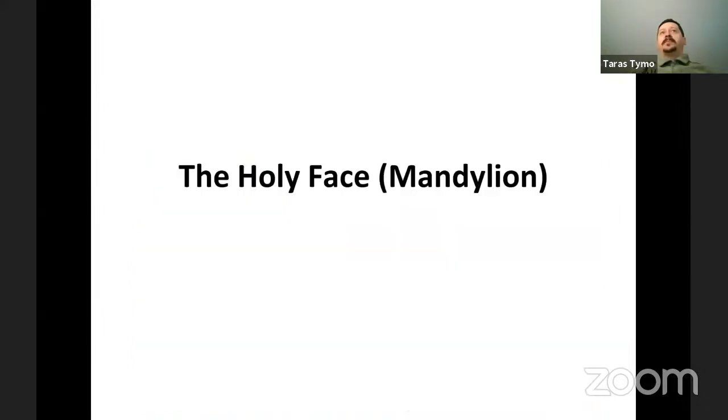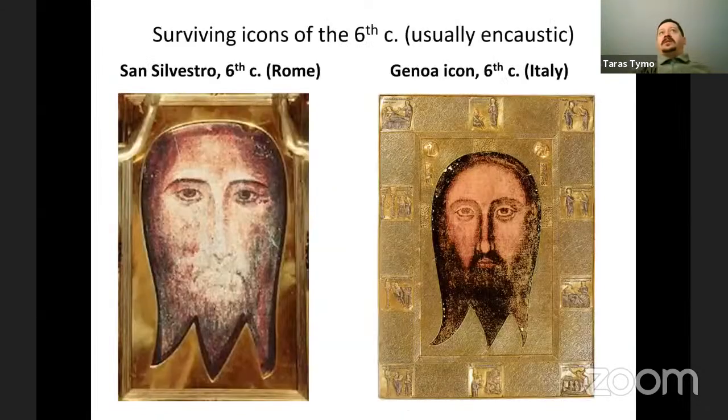What happened in Edessa is that they found in the wall, during, I think, an earthquake that hit the city wall, a crack, and they found a niche in the wall, a niche covered with a clay tablet, and behind the clay tablet there was a cloth which they took out, and they saw there is an imprint of a face on that,